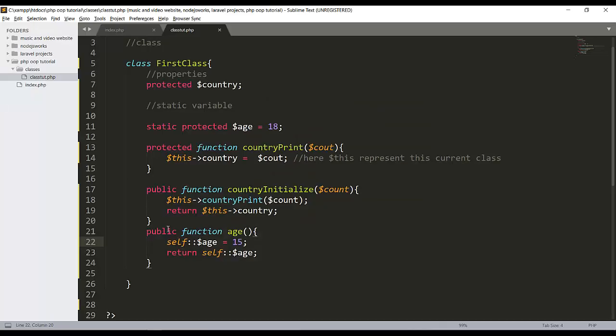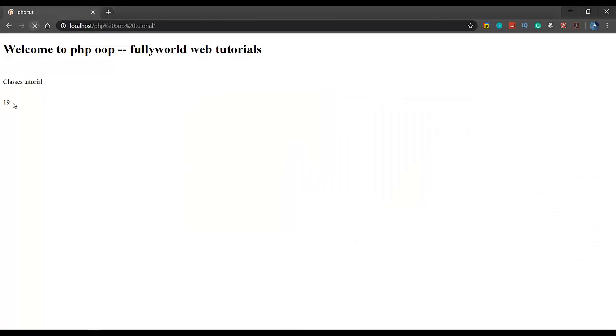So in a function we can do like this. So when we do this static function and increment self::$age with plus plus, see that we can increment it. Now it is giving 19 here.